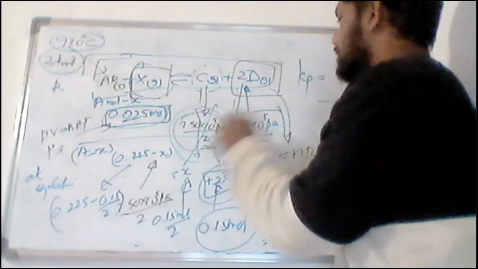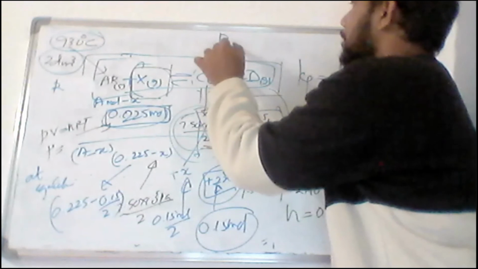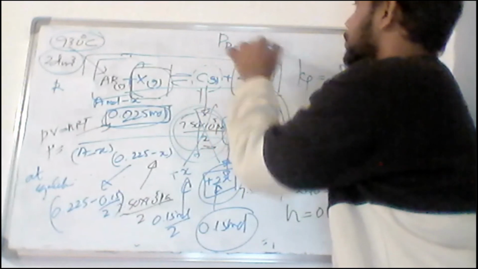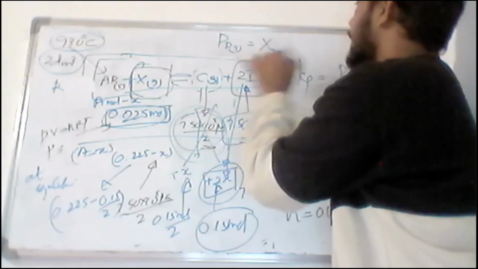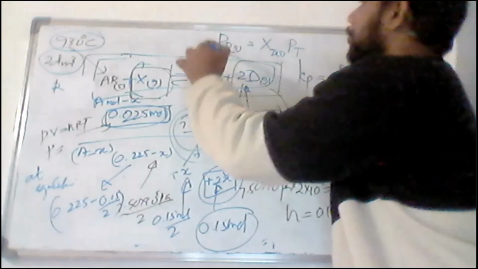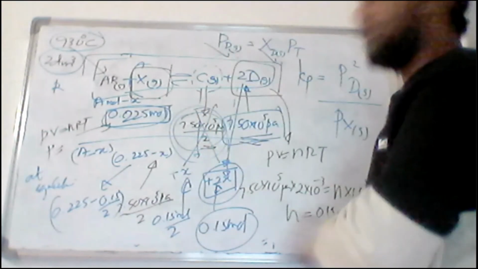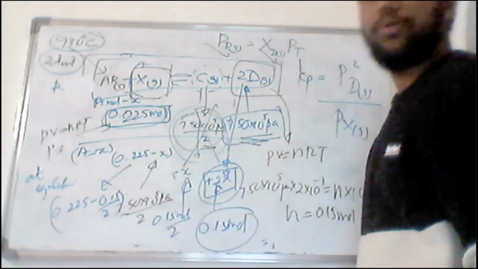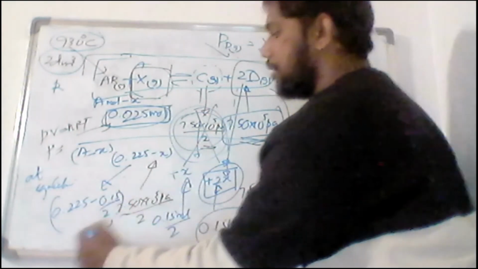But here you know the partial pressure of D gas. So we know partial pressure of D gas is equal to mole fraction of D gas times total pressure. You know this one because you know the number of moles, and you know finally the total number of moles here. It will be this one